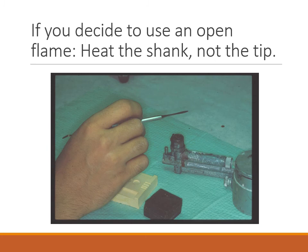If you do at any point decide that you do not want to use the induction heater, or you don't like using the induction heater, you can check out alcohol torches and use the flames from those torches to wax instead. So if you do decide to use a live flame, whether it's from an alcohol torch, a Bunsen burner, or anything else that you might have, you make sure to heat the shank of your instrument and not the